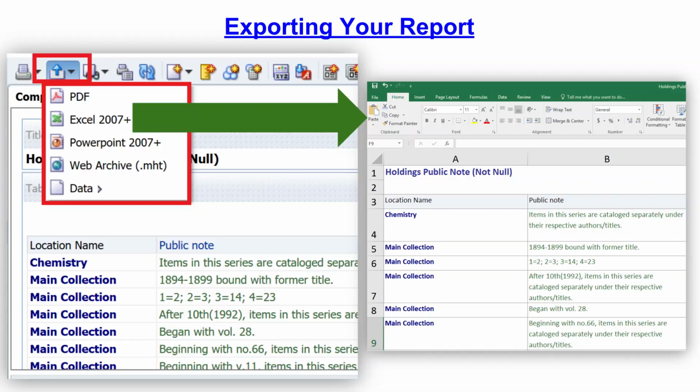It may not be one-to-one all the time. You may have some loss of formatting in some cases, depending on how you're exporting it. But it does a relatively good job of exporting what you're seeing in Alma Analytics to the format you're choosing. And again,